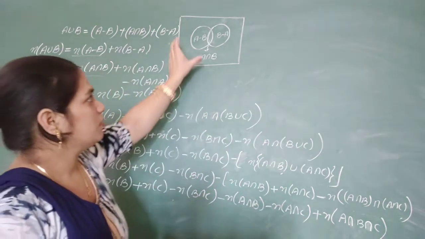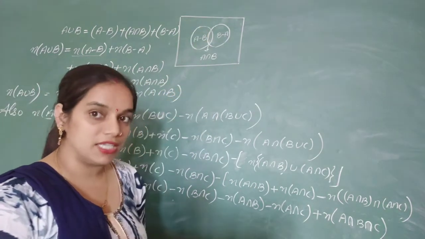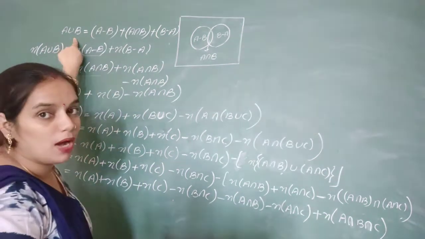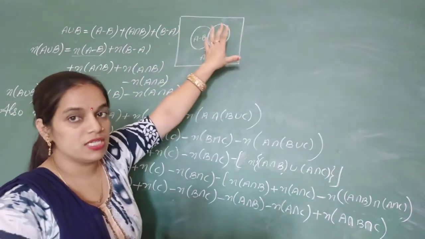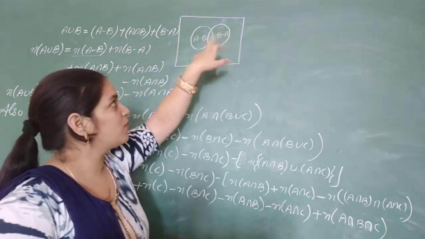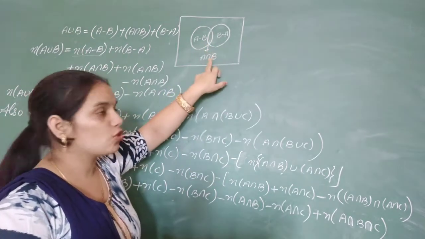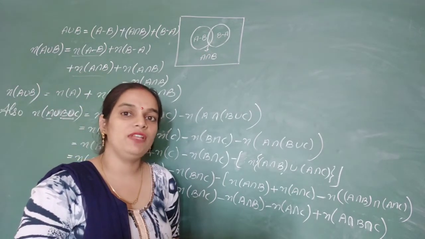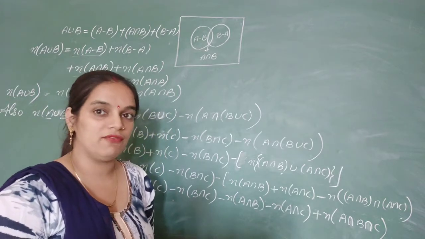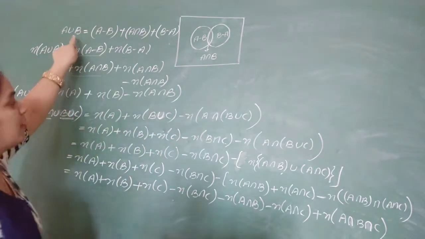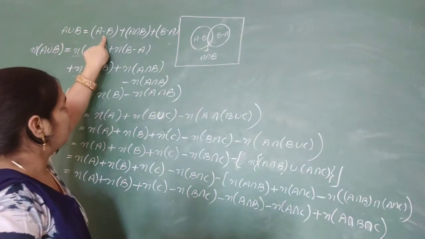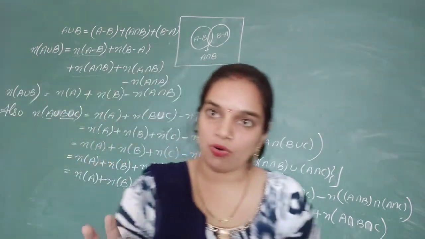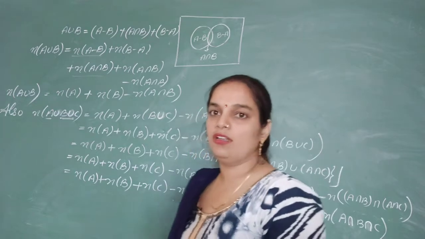Okay. Now the total portion of both the circles is A union B. So we can write A union B as combined from the three portions. जब आप इन तीन पोर्शंस को कंबाइन करेंगे, first portion is A minus B, second portion is A intersection B and third portion is B minus A, then we will get A union B. Only then we will get A union B. Now we can write A union B as A minus B, A intersection B and B minus A. When we combine all the areas, we will get A union B.